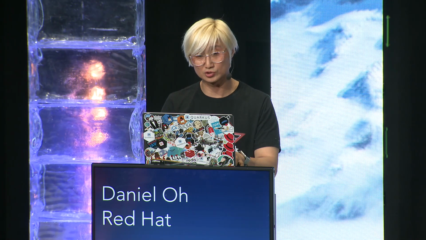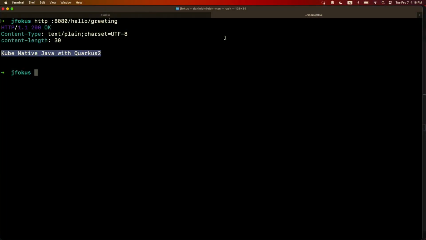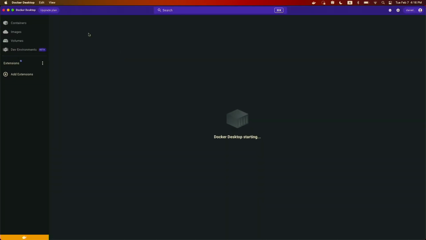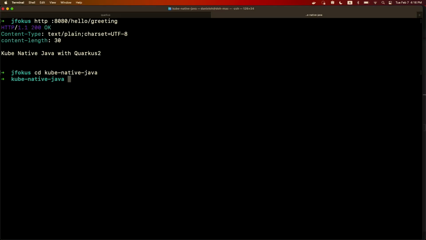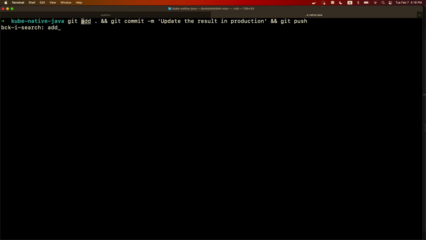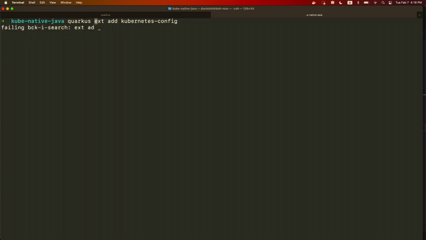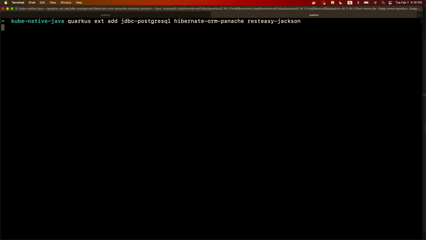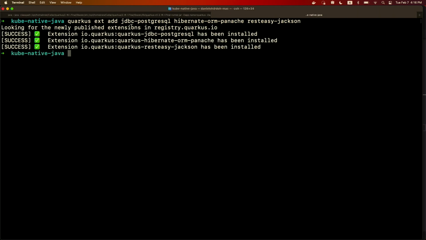And now I'm going to try to add a little bit more realistic case, like some CRUD capability, like a database interaction. So in order to do that, I'm going to open my container runtime first. And then I'm going to change my directory right away. And then I'm going to add a few extensions like PostgreSQL and then Hibernate ORM and then the REST Jackson to consume and produce a